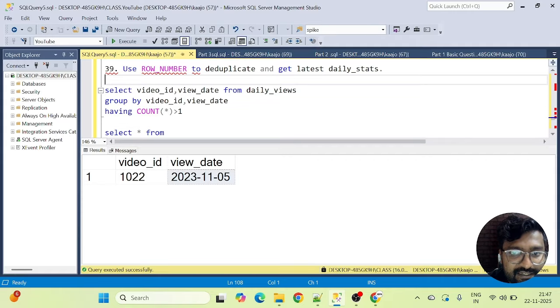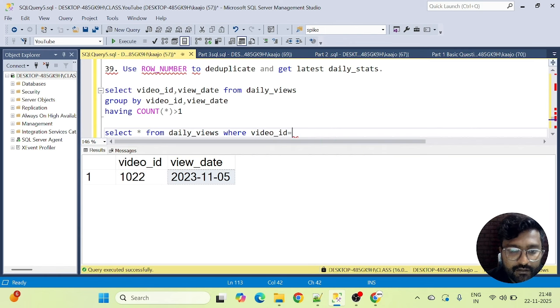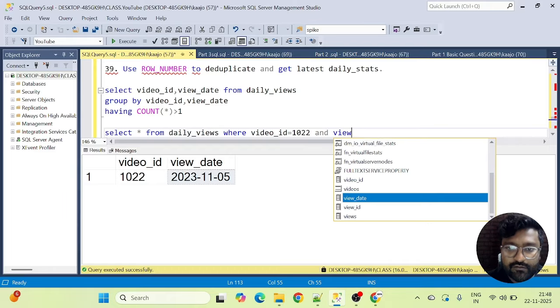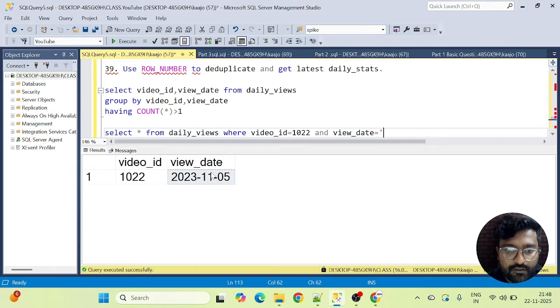I want to see this data, to check if this exists 2 times, because as per our initial query, I can see that this record is present multiple times for this view date. Okay, 1022, and let's go with the view date filter as well. Copy and paste. Voila, done.